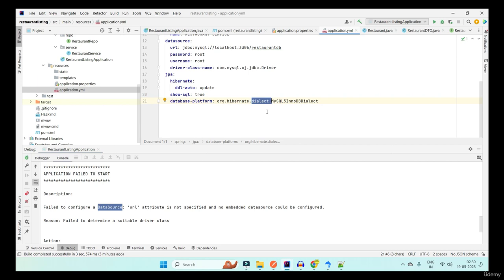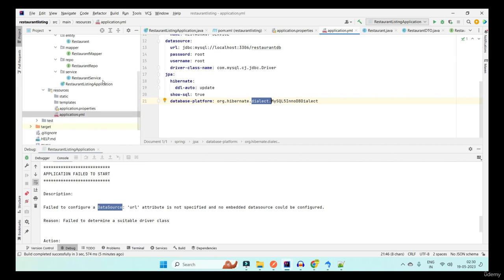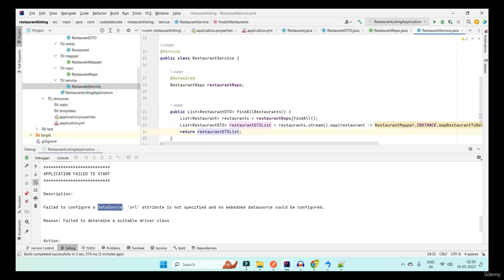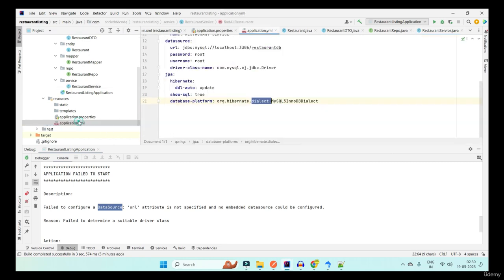So I would say find all. Here, if you can see, in my service layer with repository, I said find all. This is ORM language, English language. How will it convert into select star from restaurant DB? How will it do that? That is because you are using this Hibernate dialect, which is an interface which converts your ORM language to database-specific language.